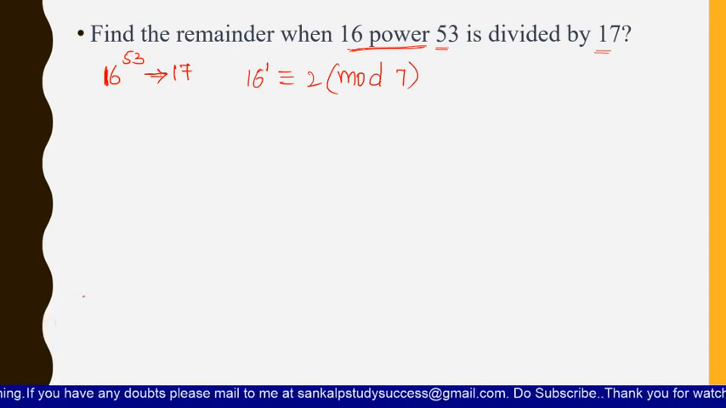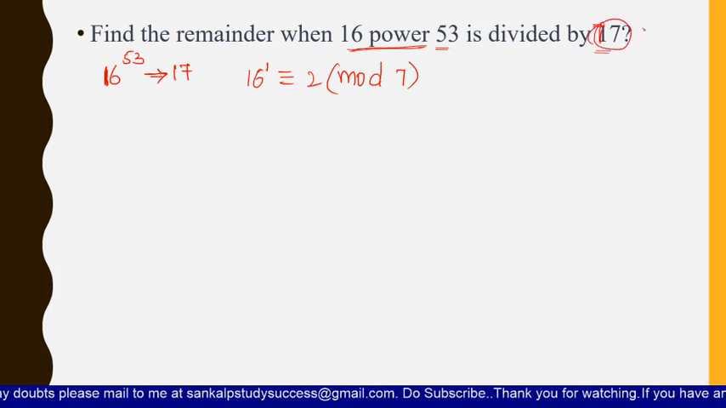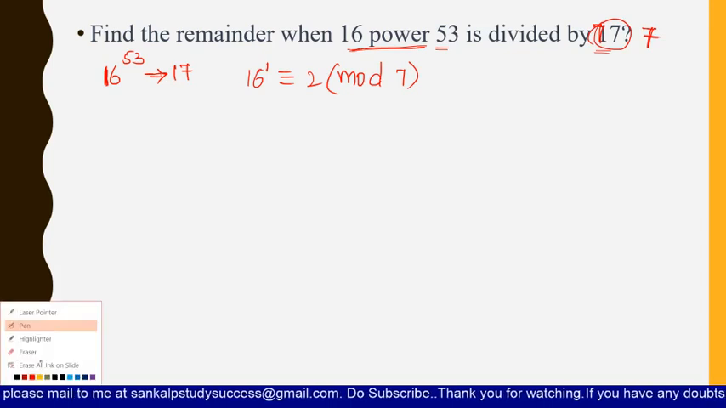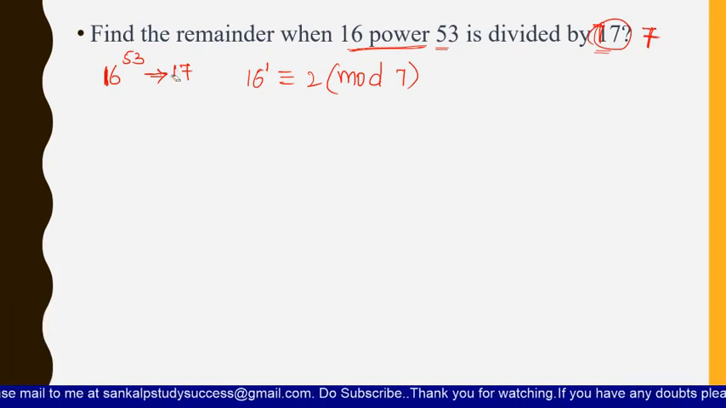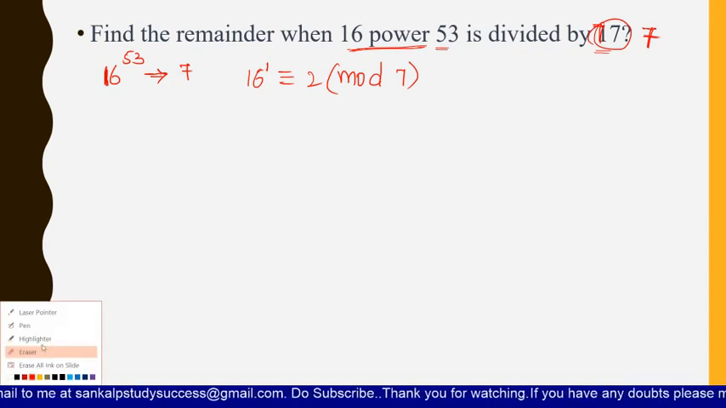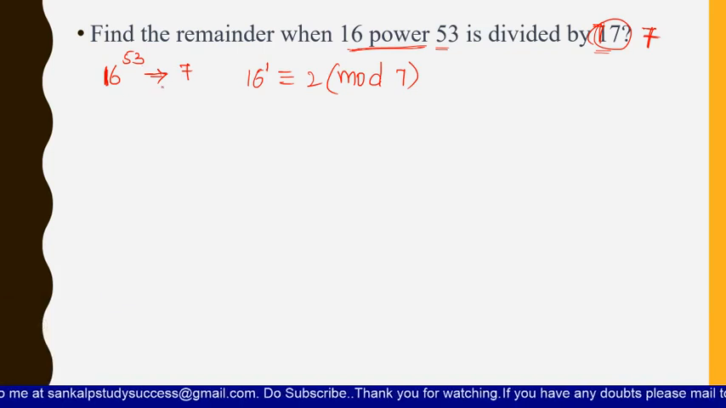Give me a moment. I'm very sorry, actually the question is not 17, it is 7. The question is 7 here. So it is not 17, right? It is just 7. So now 16 power 53, when it is divided by 7, you will get the remainder